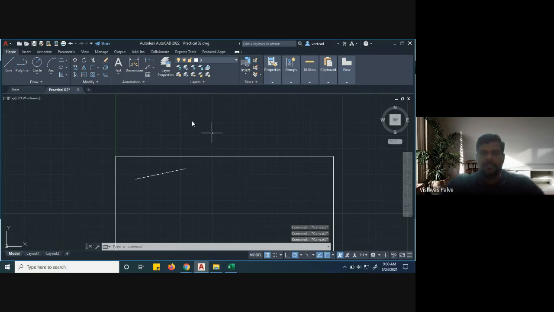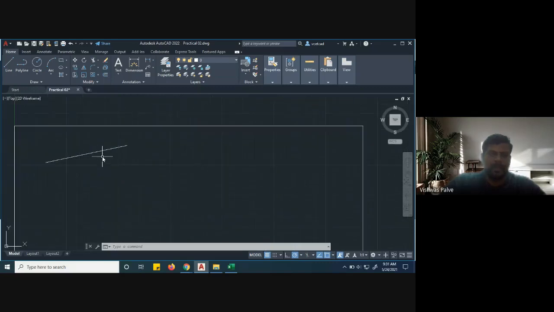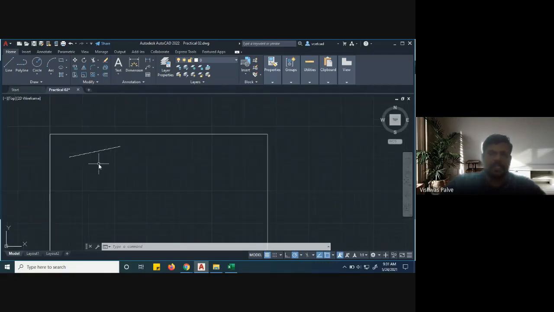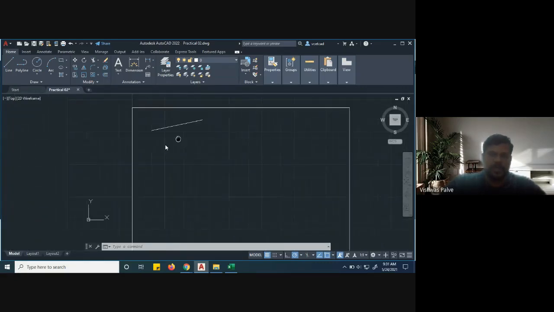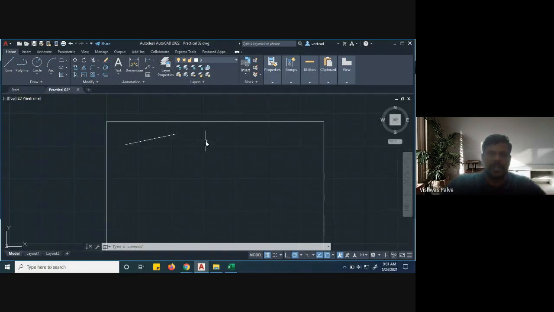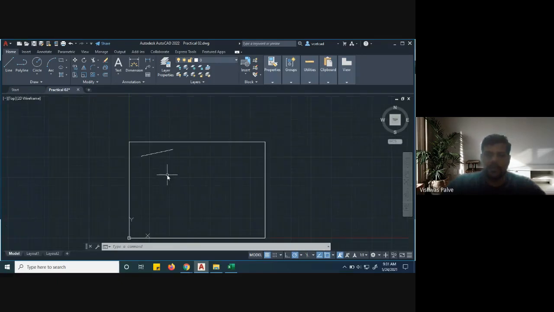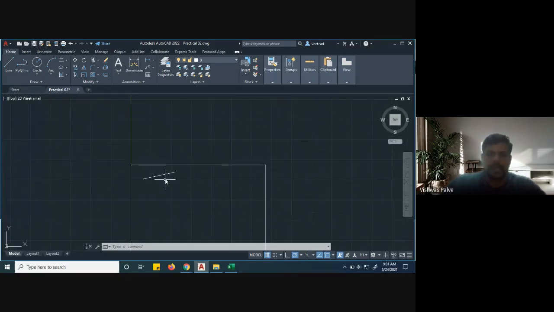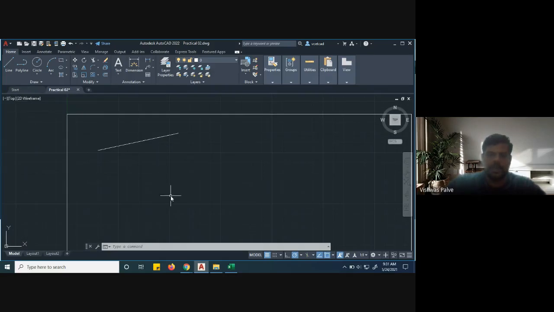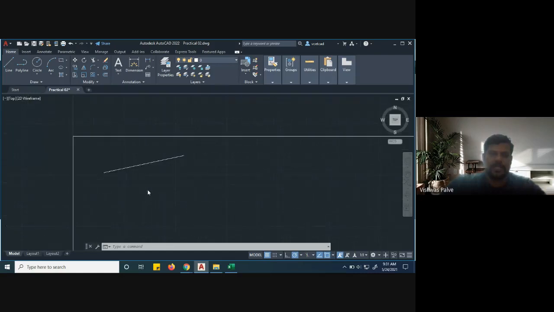And always while using AutoCAD, the mouse is compulsory, because with the help of the mouse, I can scroll in, scroll out, that is zoom in, zoom out, and pan, and select whatever we want. How to do that? Whenever you scroll, there is a roller on the mouse, so you just roll it in the forward direction and it will zoom in.